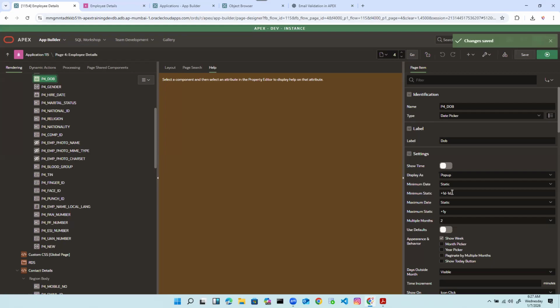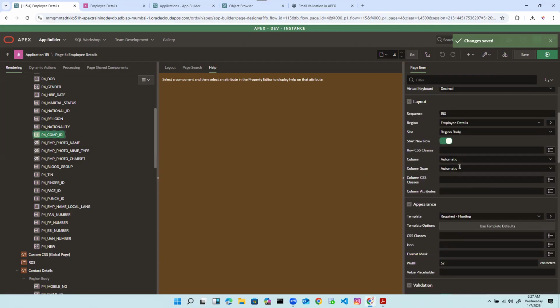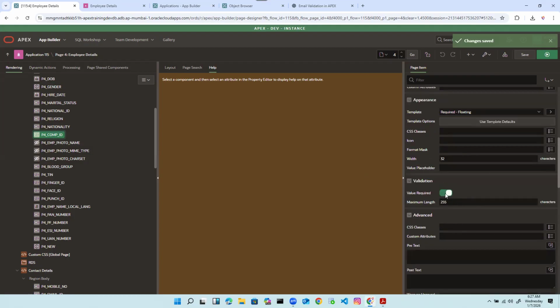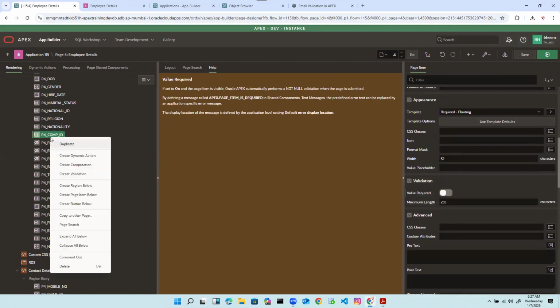So date should be from this and this, and like that. Then also for this mandatory fields, so for example, company ID is currently mandatory. So in this case, what you can do, you can disable this. Then you can write your custom message, like create a validation,